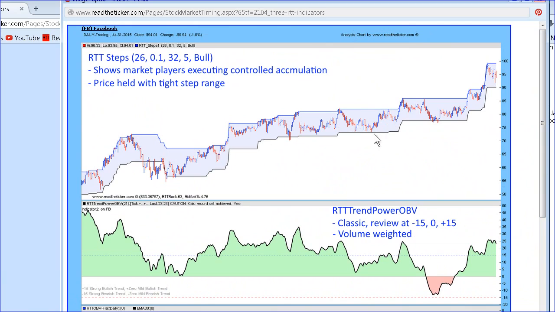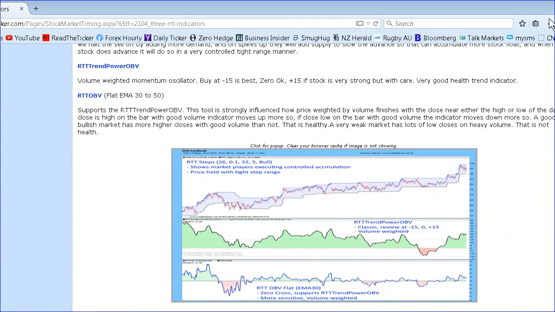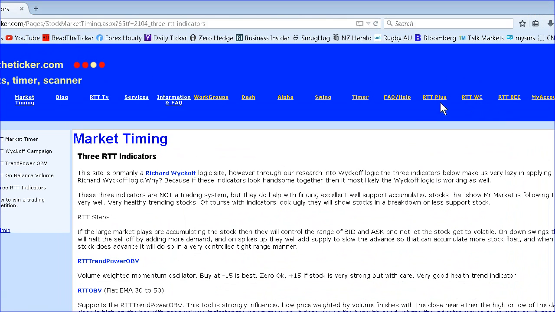It's also a measure of a well-known phrase called volume spread analysis. You get wide spread low volume, wide spread high volume, tight spread low volume, tight spread high volume. All that is, if that's all contained in a range with the bid and ask, you know the market's being controlled. If you are very keen on volume spread analysis, our RTT Wyckoff service within the RTT Plus,